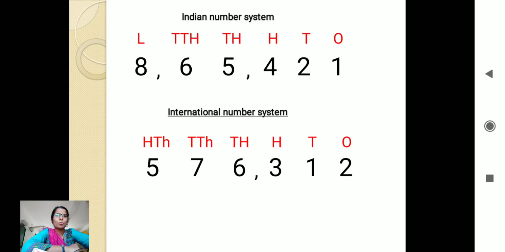But the below number in the international system, how will I read it? As 576,312. Now suppose I have to read the above number, 8,65,421, in the international system. How will I read that number? I will not put the comma after the lakhs period. I will read it as 865,421. Similarly, the below number shown here, in the Indian system, how will I read that? I would read 5,76,312. So in this way, we can see that the reading of the number is differentiated according to its period.